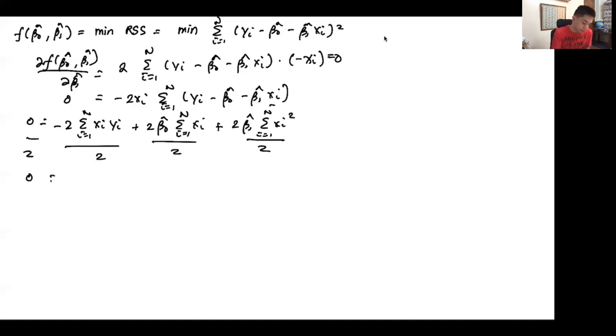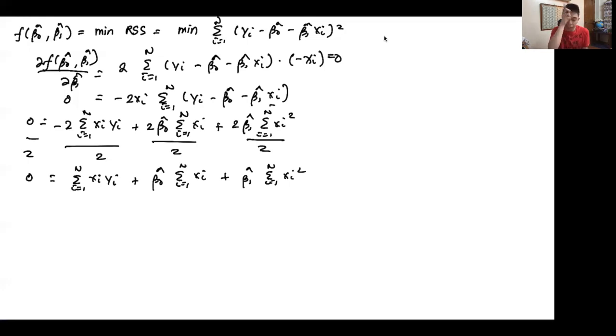So we get 0 is equal to summation i equals 1 to n of x_i y_i plus beta 0 hat sum i equals 1 to n of x_i plus beta 1 hat sum i equals 1 to n of x_i squared. So that takes out the 2. Now,